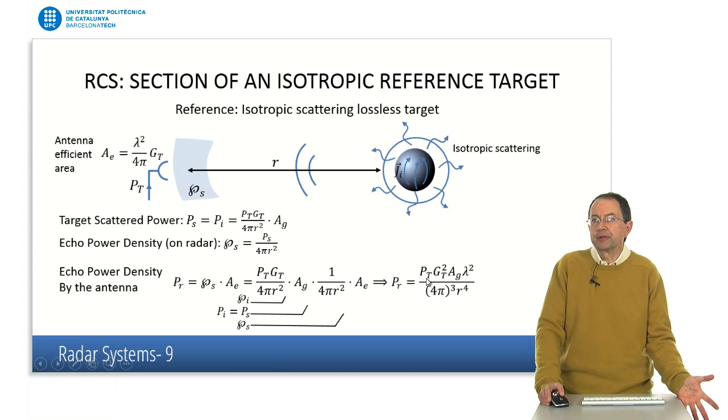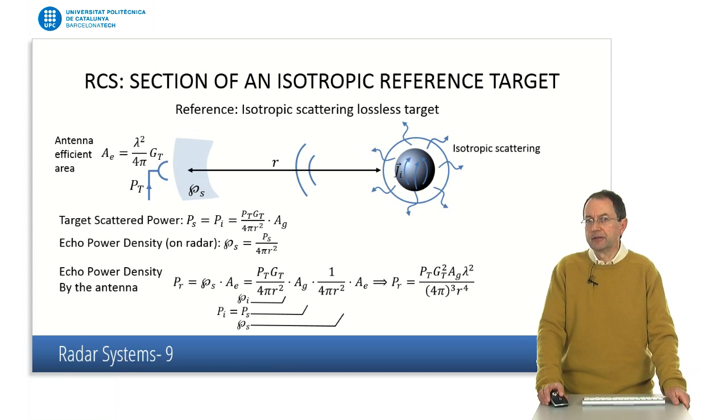All the problem is linear at the end, so if we double transmitted power, we double received power. The gain of the radar antenna appears twice because it acts as a transmitter and receiver. So if we increase 1 dB in this antenna, we get 2 dB of benefit when we receive the echo. Then we have the projected area of our object, which is the geometric cross-section